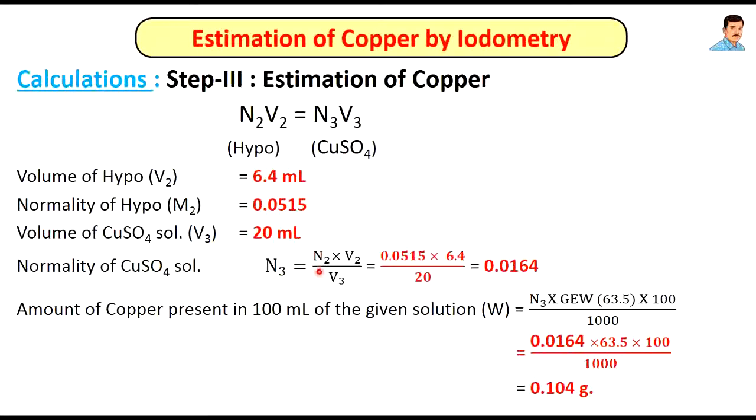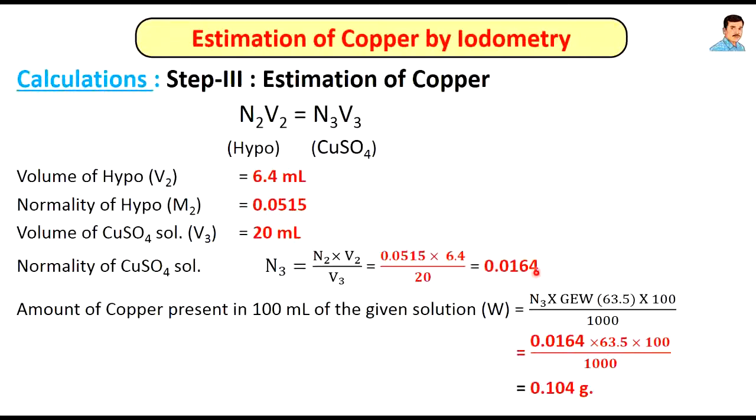N3 is equal to N2V2 by V3, where N2 is the normality of hypo solution, that is 0.0515. V2 indicates the volume of hypo, 6.4 ml, and V3 indicates the volume of copper sulfate solution, that is 20 ml. Substituting these three values, we get the normality of copper sulfate solution as